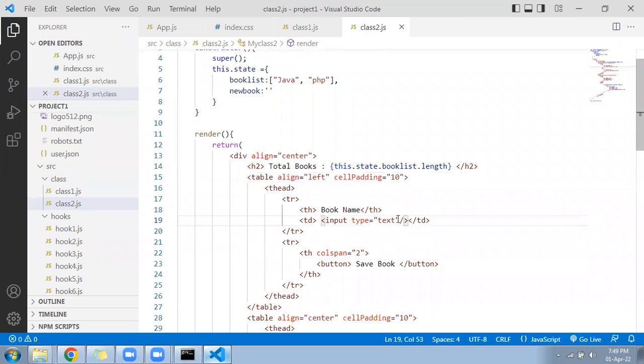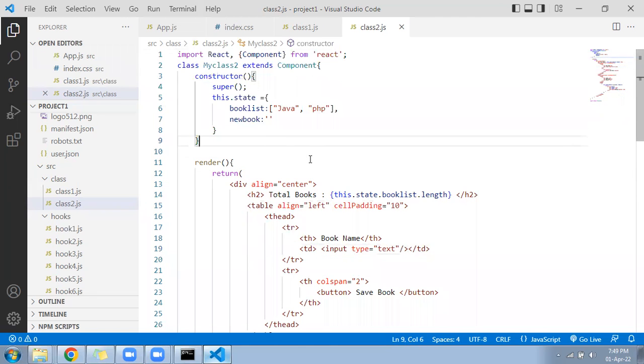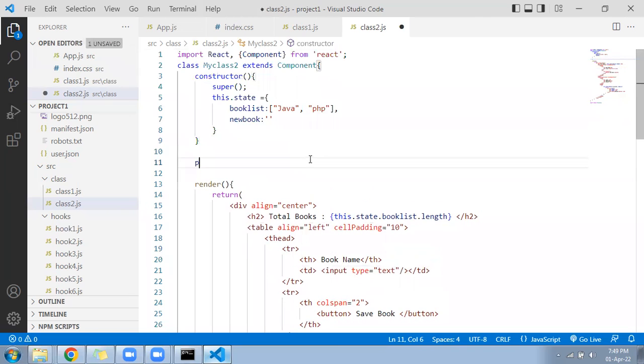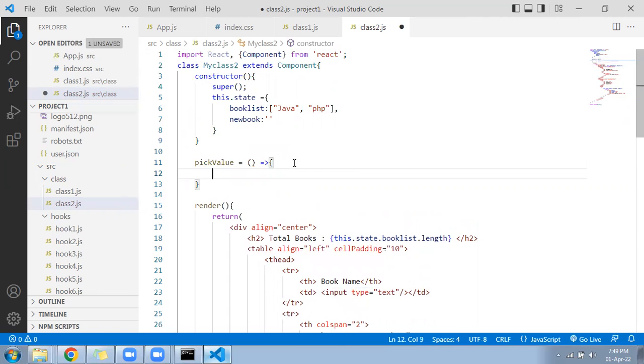we have to write a function to take the value of this text box. Like in the hooks also, we have written the function. Here also we have to write a function to pick the value of text box. So after the constructor, you will write a function pickValue, and for this function you will create an instance object here,